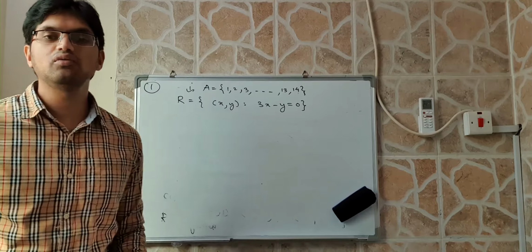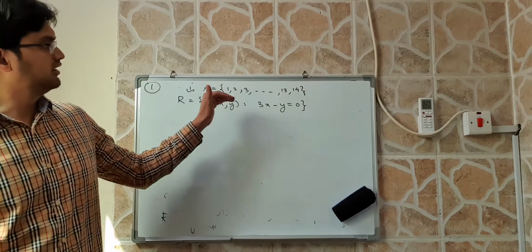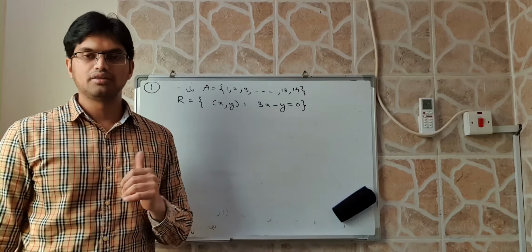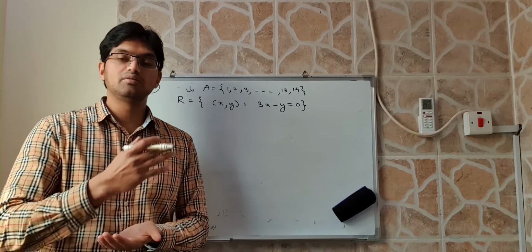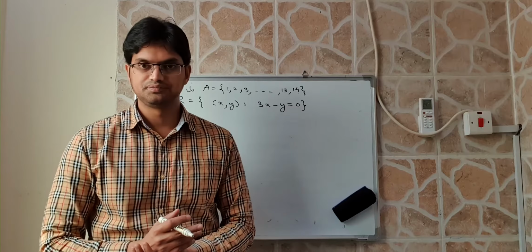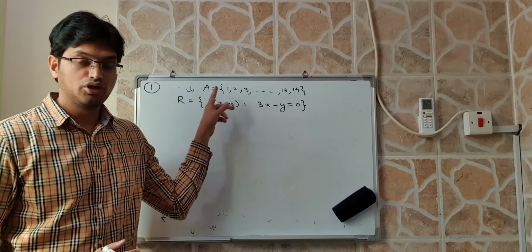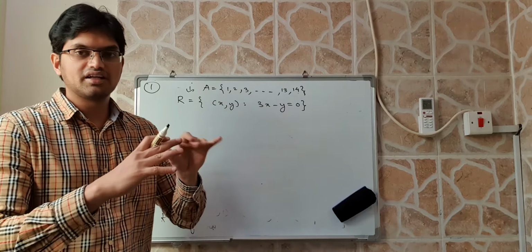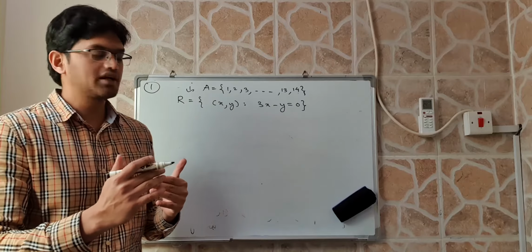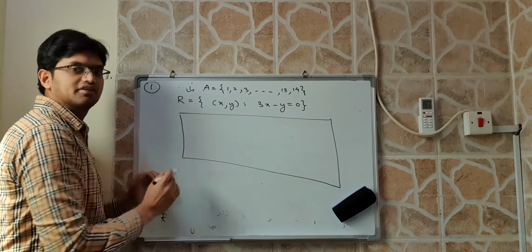Now let me explain what is happening. Here the set A is given, 1, 2, 3, 4, up to 14. It is finite. Therefore, there is a possibility that I can list the elements directly. Otherwise, if it is infinite, we have to adopt another method. A relation in this set A. First of all, generally we do not do this when solving the problem, but for you to understand, I'll just try to do this. This is the background of your problem.